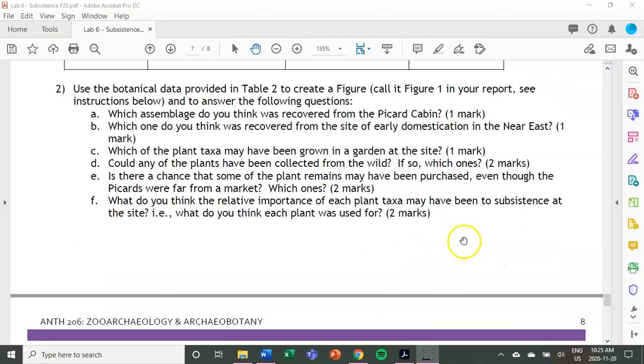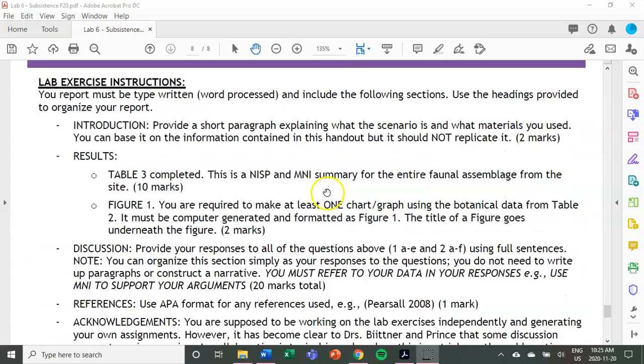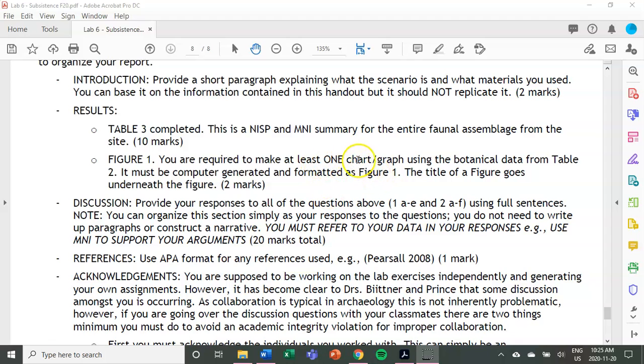In terms of the botanical data, we're not going to have you do any additional tables or any different calculations, but what we would like you to do is create a figure. Okay, and so in terms of your figure, if you go down into the instructions, I provide a little bit of information, right? So we want you to create one sort of chart or graph using the botanical data, and we want it to be computer generated. Now,